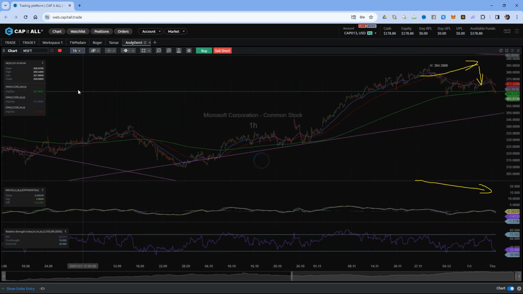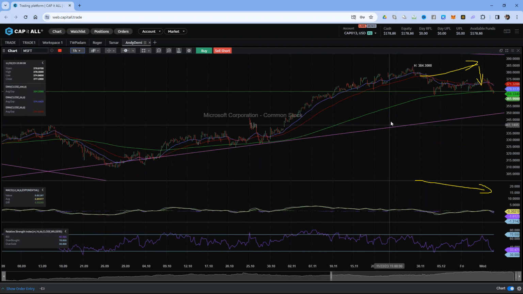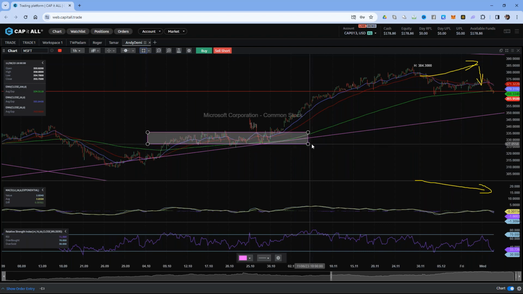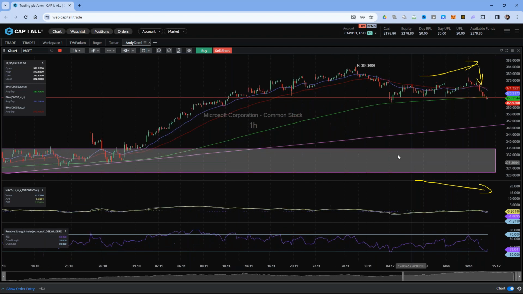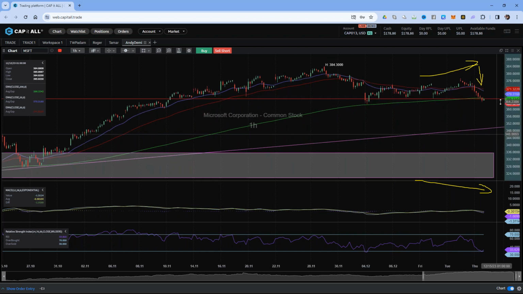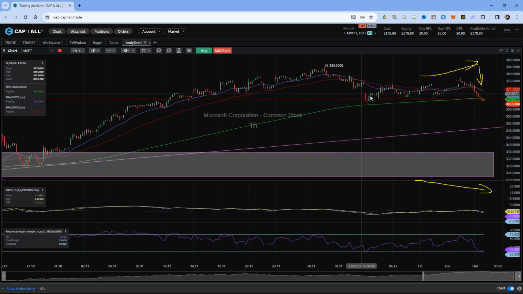If we go down to the hourly, that's all the way down here. Yeah, this area here does look nice, I've got to say. Lots of price action around there. And one of the things that you can also look at on the lower time frames is whether this market is making lower lows and lower highs. I mean, at the moment it's kind of